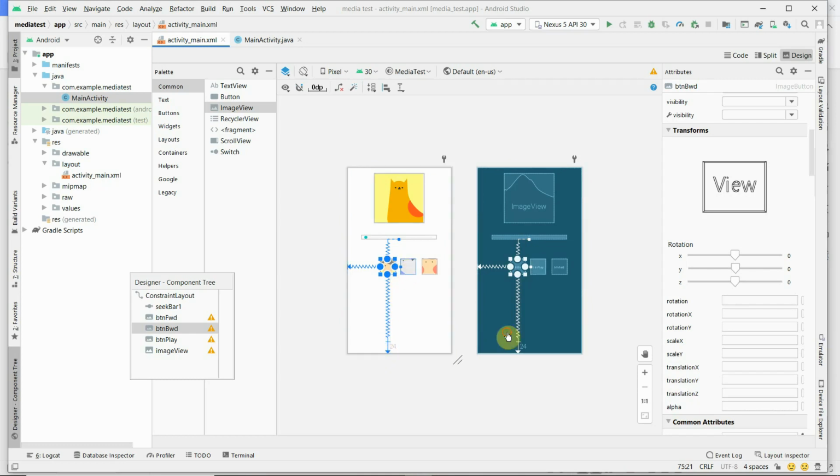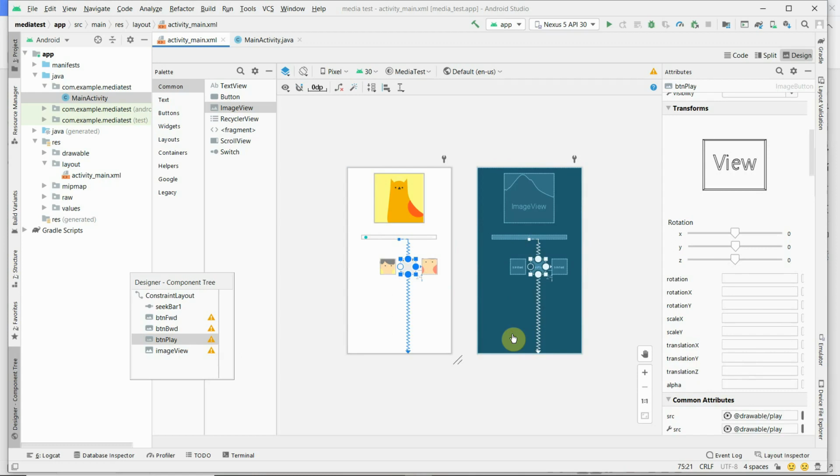And here another image view is for the play button. You have to drag and drop an image view and fix its handles. Top of this play button has to be fixed to bottom of the seek bar, left to right of the first image button, and bottom to bottom of the parent.